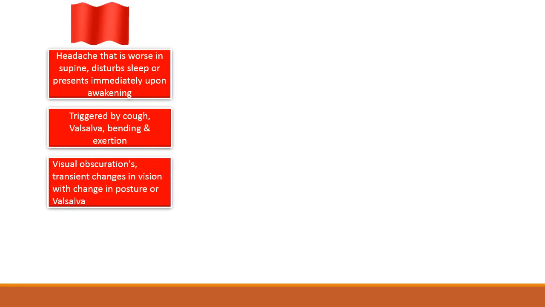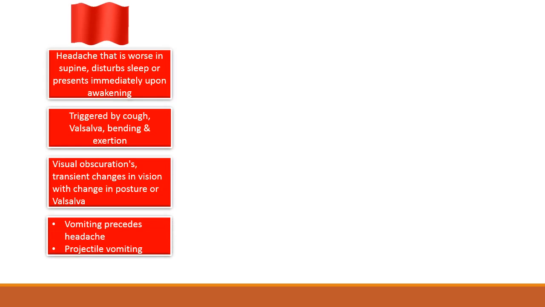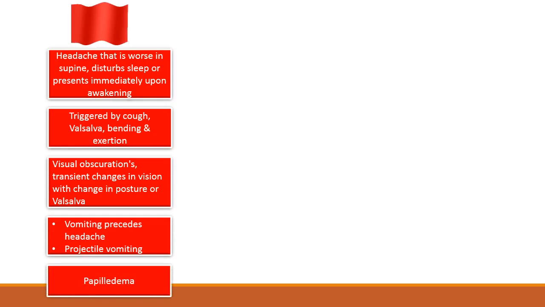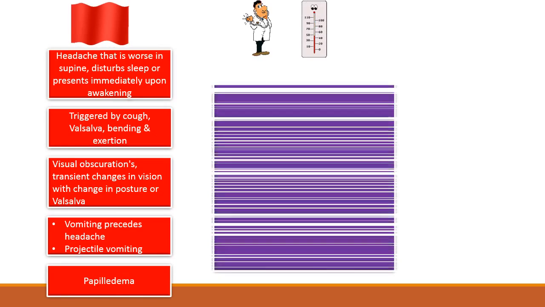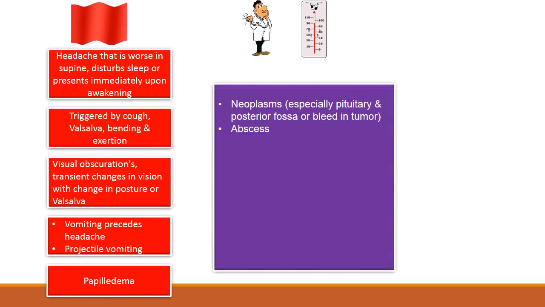bending and exertion, or headache is associated with visual obscurations, transient changes in vision with change in posture or valsalva, or vomiting precedes the headache, or headache which is associated with projectile vomiting, that is without preceding nausea, or headache associated with papilledema, we should consider all the conditions leading to raised intracranial pressure, which are neoplasms, abscess, focal edema